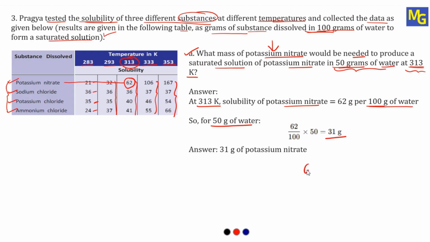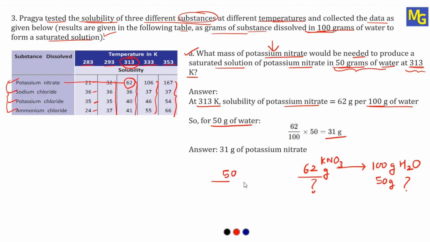For 62 gram of potassium nitrate, that is KNO3, it is for 100 gram of water, correct? Then for 50 gram of water, how much will be the potassium nitrate? So here what do we have to do? We have to cross multiply and solve. So what it becomes? It will become